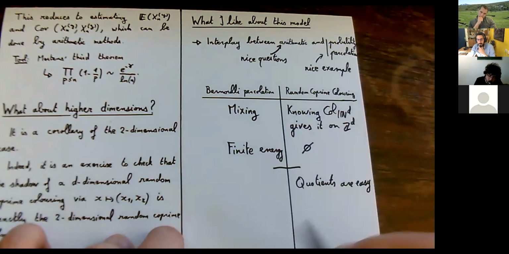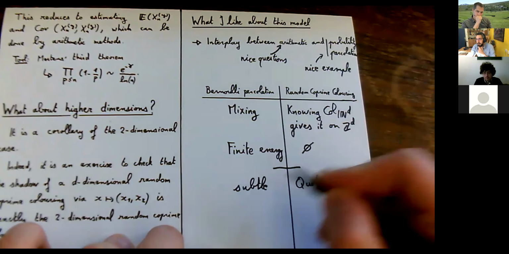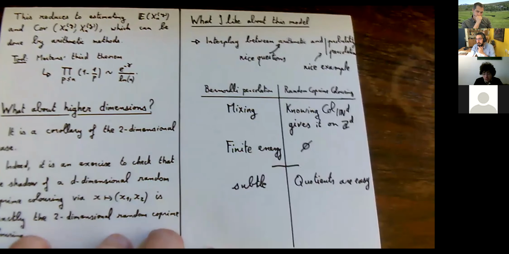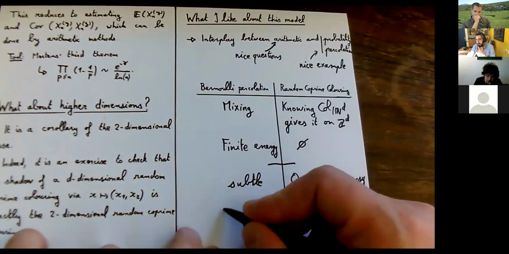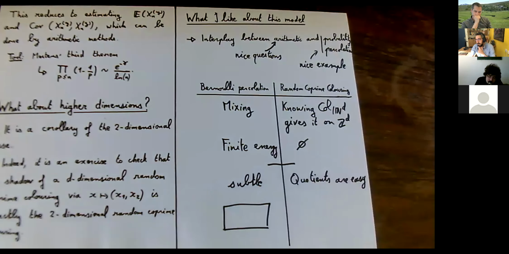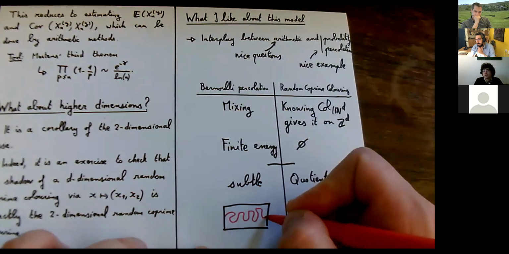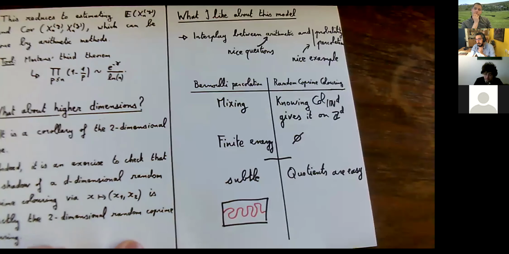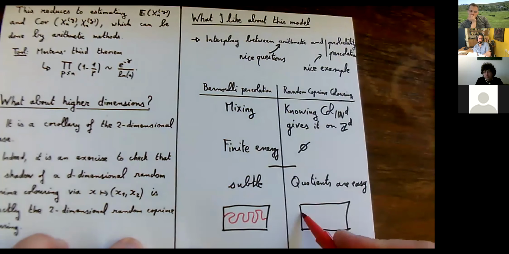On the left-hand side, it's more subtle. We need to take exploration process and so on to define couplings. And finally, for Bernoulli percolation, when you want to look at crossing events, you have to allow for a complicated path, or otherwise you are sure that your event will have a very small probability. Here, it's possible to hope for straight lines, which